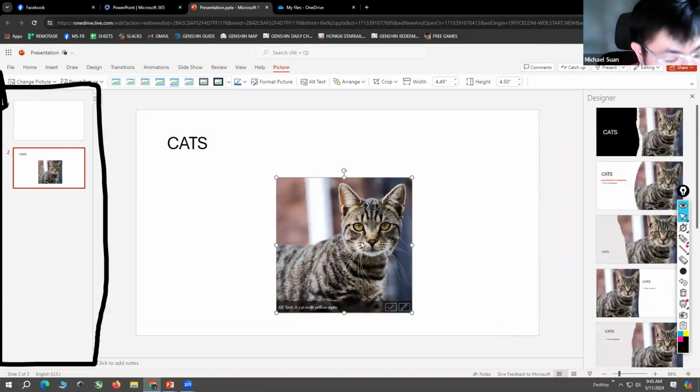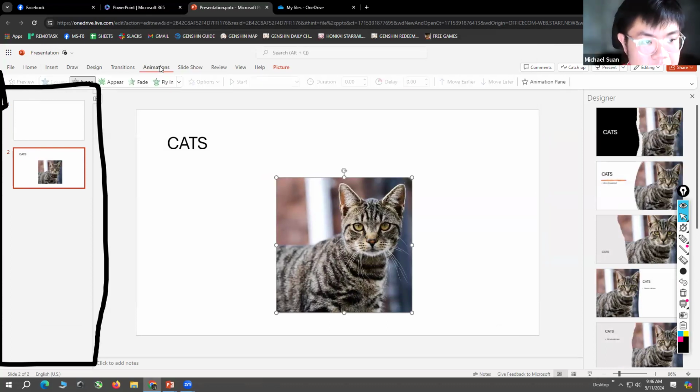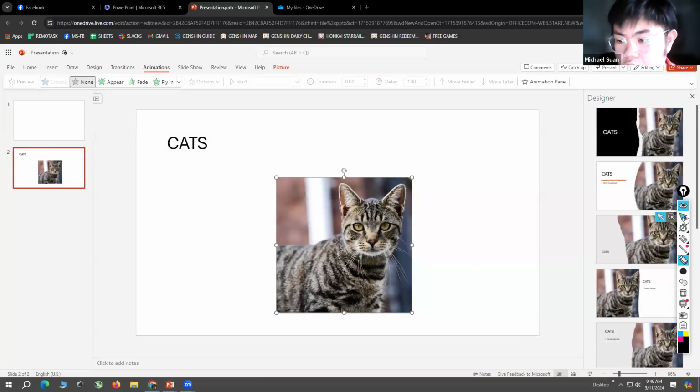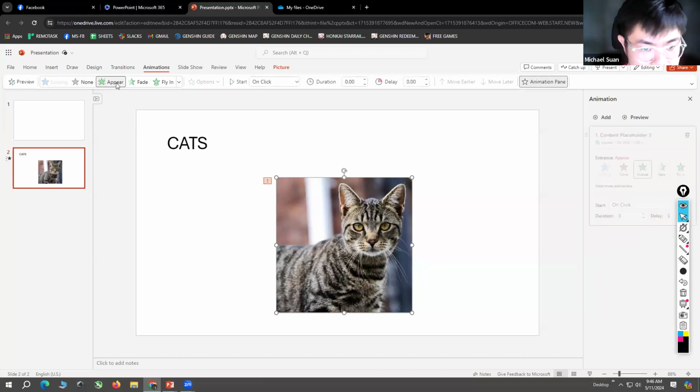So in animation, you have to be careful because the assignment of animations are in order. So how do you assign animations? You just click on animations, and then the first thing that you want to appear in your presentation, you just click on appear.